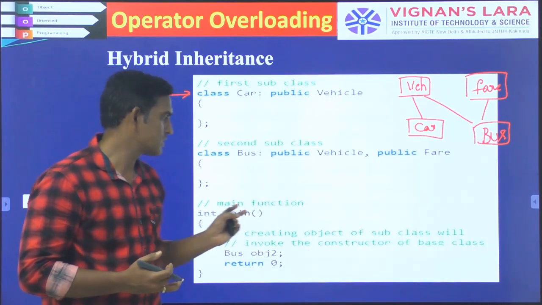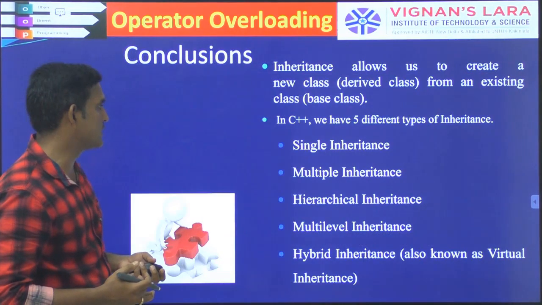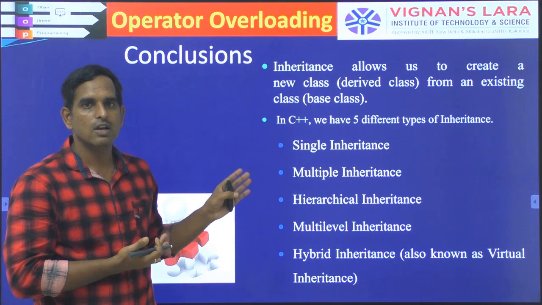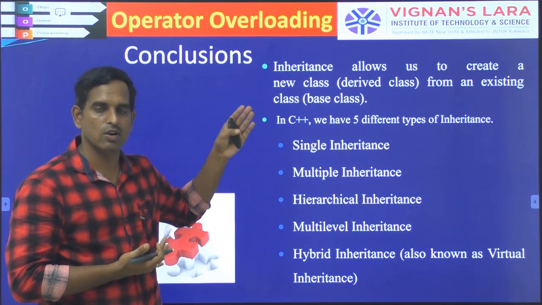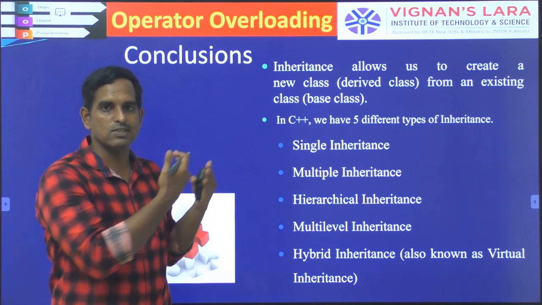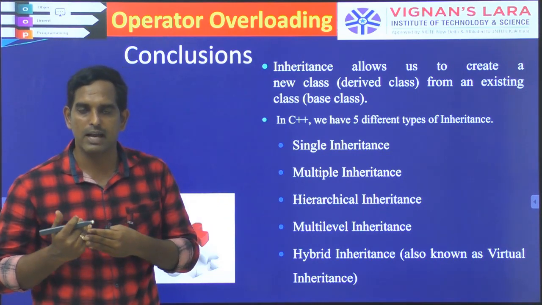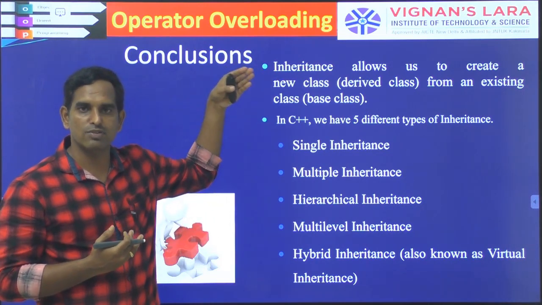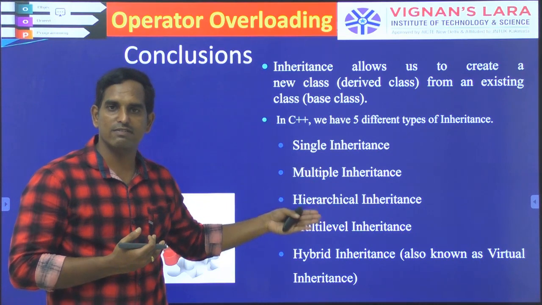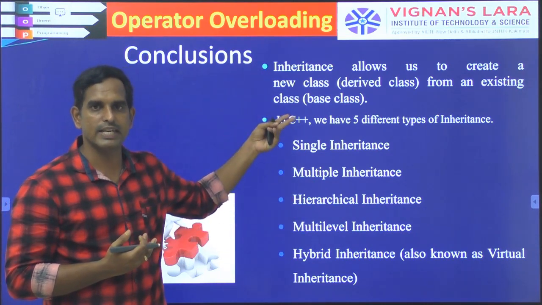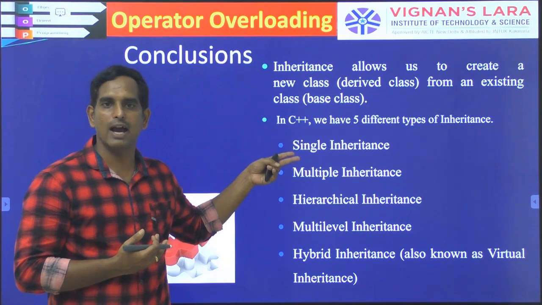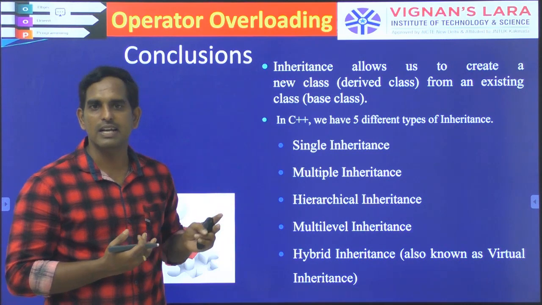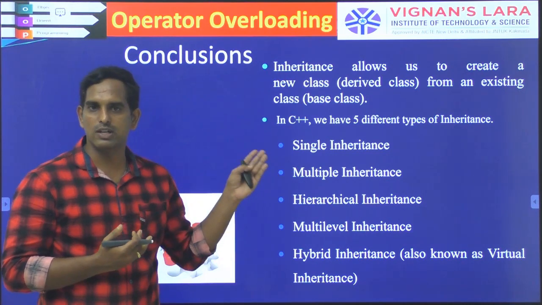These are the various types of inheritance you can implement based upon your requirement in the given application. From this point of view you can understand what inheritance basically is: you have the existing class, which we call the base class. From the existing class we create new classes, which we call derived classes. The derived class will acquire the properties of your base classes. We have 5 different types of inheritance: simple or single inheritance, multiple inheritance, hierarchical inheritance, hybrid inheritance and multi-level inheritance. So this is about your inheritance.